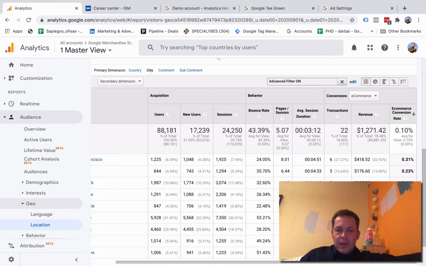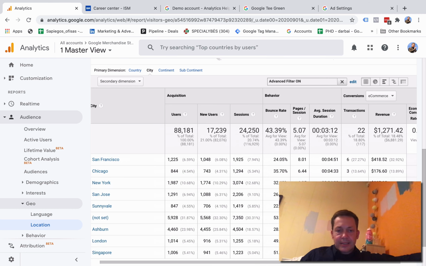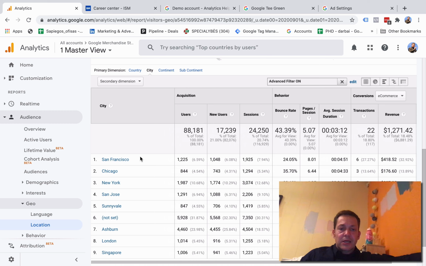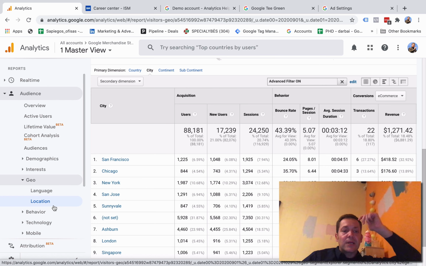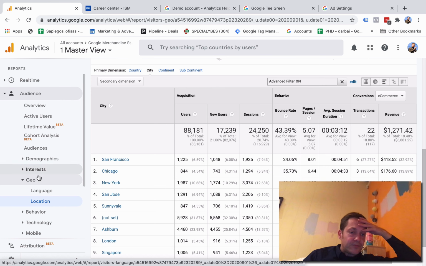So let's target San Francisco and Chicago, or San Francisco, Chicago, and New York. You see how much interesting data we find simply by digging into Google Analytics. That is magical. So really interesting how everything